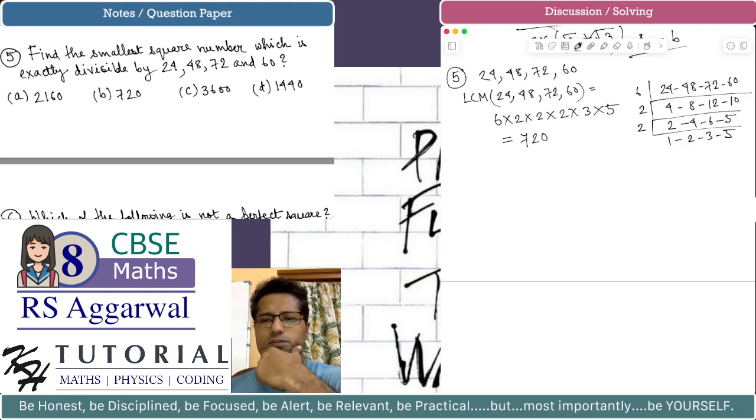Really? This much big? 720. Okay, so the LCM of these numbers is 720. Now what do we do? We have to find the least square which is divisible by all these numbers. The least number which is divisible by all these numbers is 720, that is their LCM. Now we have to